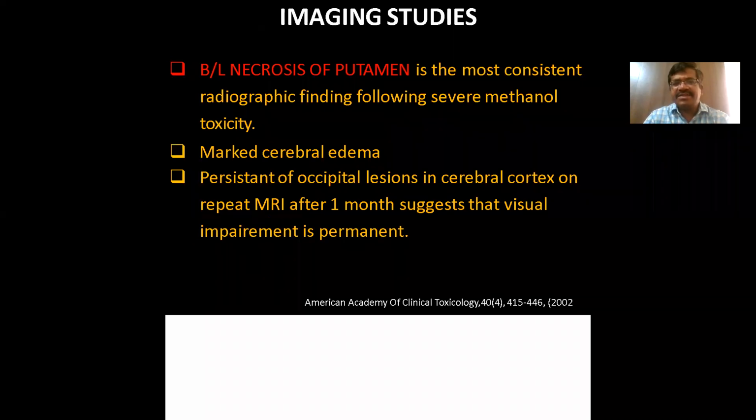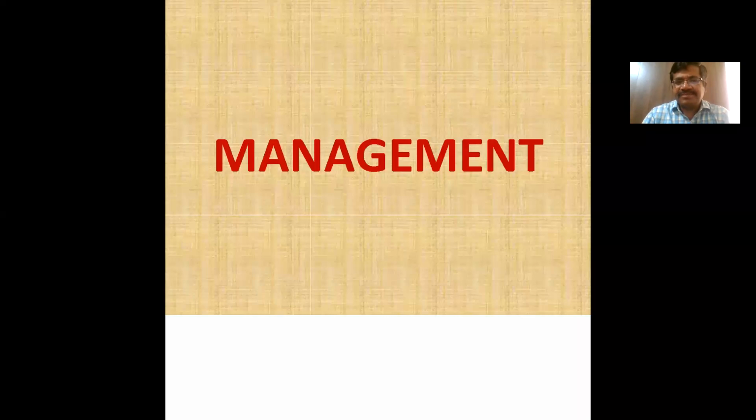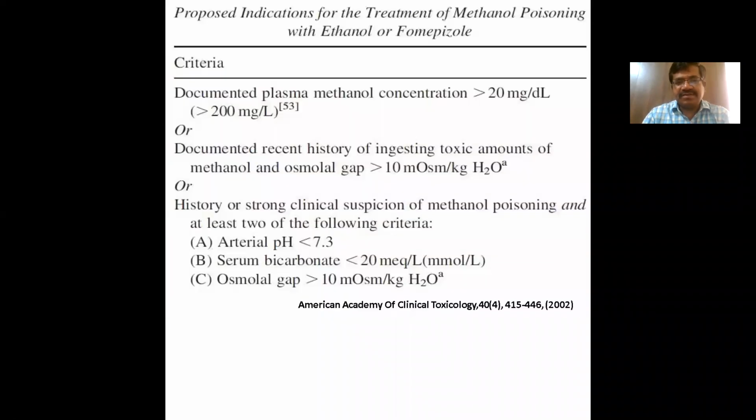Imaging studies are also done, showing bilateral necrosis of the putamen, especially in chest X-rays. In radiographic findings, very severe methanol toxicity and any kind of damage is seen. There is also marked cerebral edema, and occipital lesions in the cerebral cortex on repeat MRI after one month, which shows that visual impairment is permanent. So for management, there are a lot of criteria, and one of them is